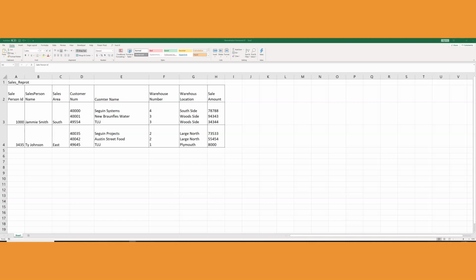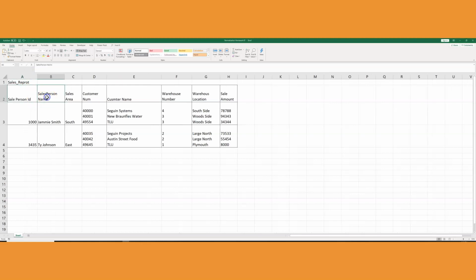Anyway, this is the sales report, and I wanted to go ahead and examine it, as we need to build a database as a result of this one here. This is coming from obviously a spreadsheet. It shows me the salesperson ID and the salesperson name, and right away I could spot a problem with it. Maybe the name is misspelled. And also maybe the